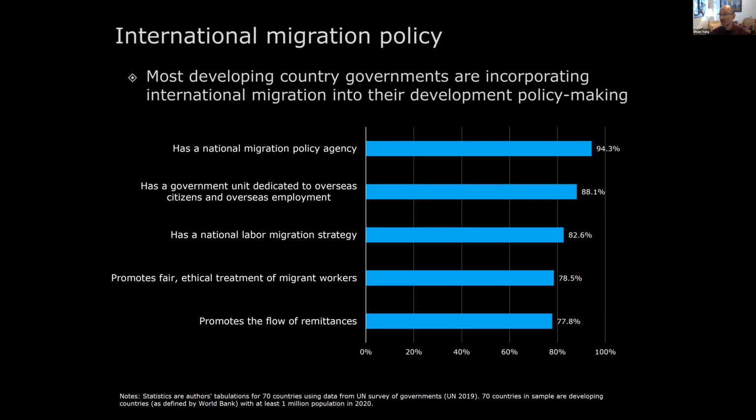So I think an open question is how much should developing countries really dive into trying to promote international migration of their citizens? And a very big aspect of answering that question really is trying to understand what the development impacts are back home. We know that migrants themselves experience huge income gains. They send back large amounts of resources, but what exactly are the impacts on home countries? So that's really what we want to talk about today.